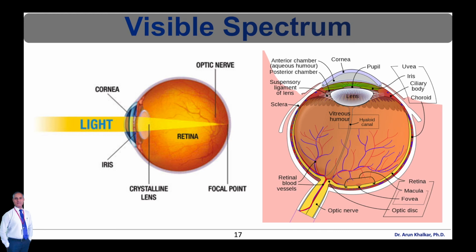The structure of human eye is shown in this diagram. When the light energy enters the eye through the cornea, through the pupil, and then through the lens, as shown in this diagram, the photons of light fall on the light sensitive cells of the retina, which are called photoreceptor cones and rods, and are converted into electrical signals that are transmitted to the brain by the optic nerve and interpreted as the sight of vision.